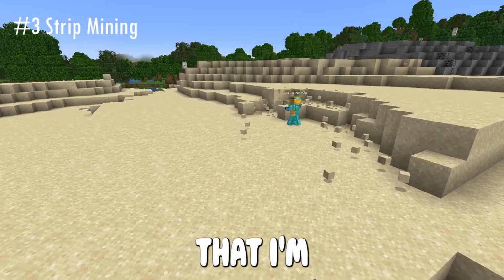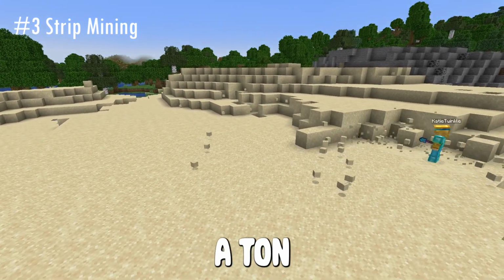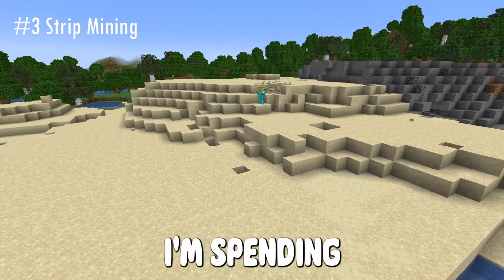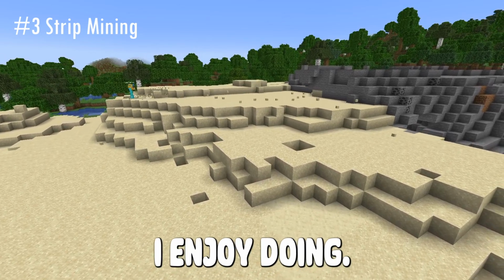The last method that I'm testing is TNT. The biggest problem with that is that you need a ton of gunpowder and sand to make the TNT, which can take a long time to gather in your world. I'm spending a full 2 hours on each method to see which one I enjoy doing, and while other people